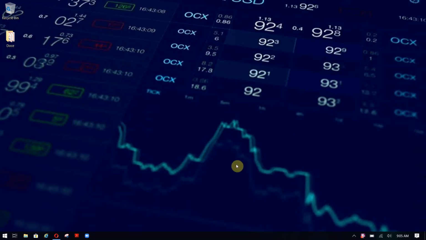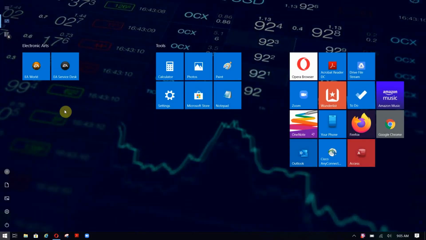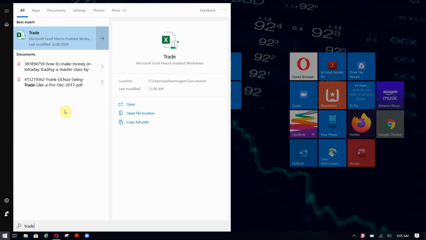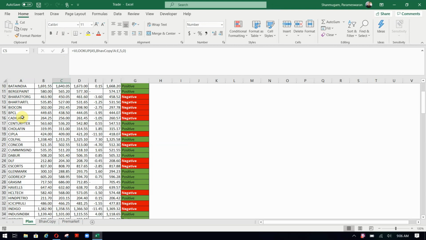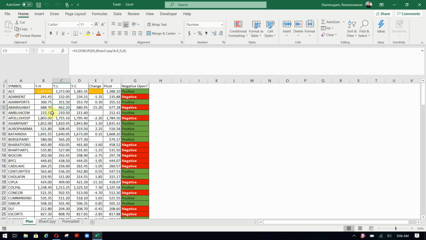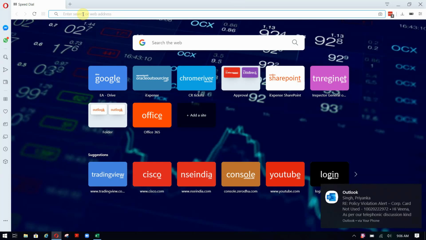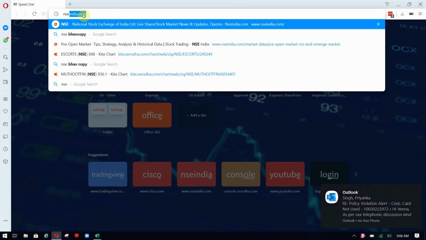Okay, so I would like to explain the strategy that I am using for intraday trading. I have developed one Excel where I have picked up only the FNO securities, and I have removed small companies and big companies. I'm just keeping the companies which are closer to 2000 rupees. So every day before market opening, I go to the NSE website and